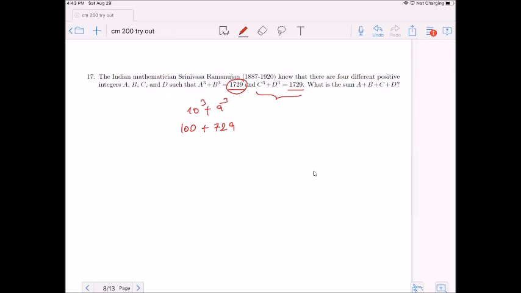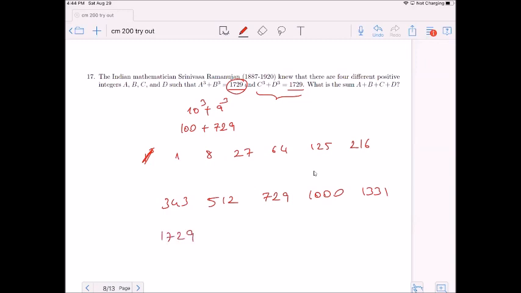Let's see. 1 cubed is 1. I'm going to write it here. 2 cubed is 8. 3 cubed is 27. 4 cubed is 64. 125, 216. These are from 1. What about 7? It is 343, and 8 is 512, and 9 we just said is 729, and 10 is 1000. 11 is 1331, and 12 is,